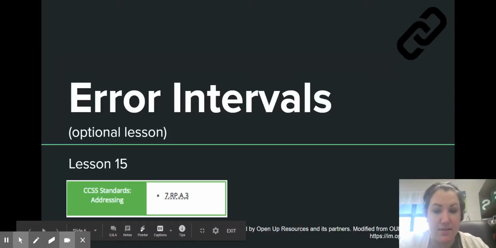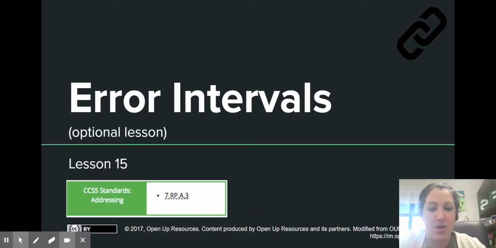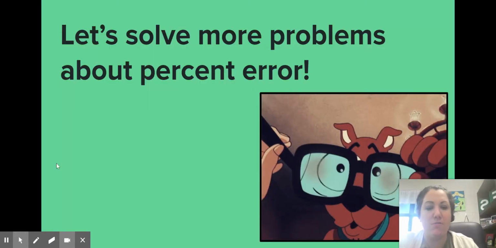Within today's lesson, we're going to be talking more about percent error and error intervals. So we're going to solve more problems about some percent error. To start off, just to give you an idea and to help you understand the lesson, we're